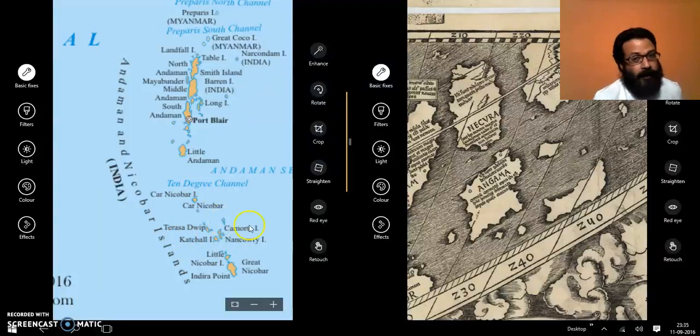Okay. Now let's see the size. These look huge. I mean, there are smaller islands, as you can see here, all of this. These two are huge. And interestingly, Nicobar is to the north of Andaman. And here in our present day map, we have Andaman to the north of Nicobar,